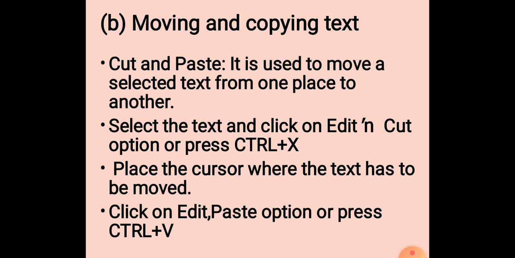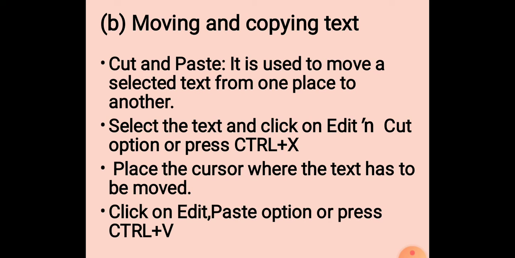Whereas copying the text means you will have a duplicate copy as well as the original copy. So two copies of the text will be created in two locations. Moving text will not leave a copy; it moves the text exactly from one place to the other. It doesn't have a duplicate copy.